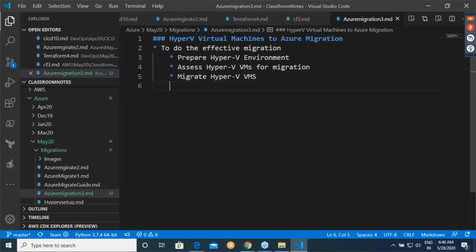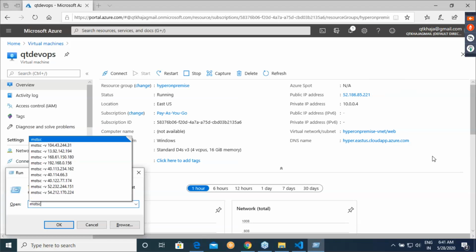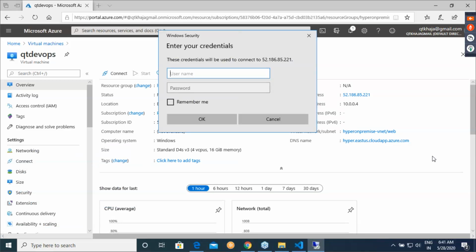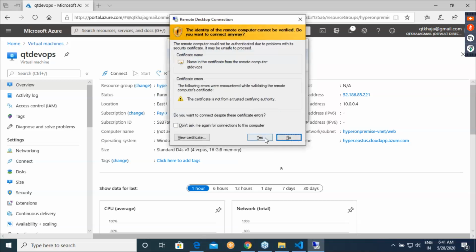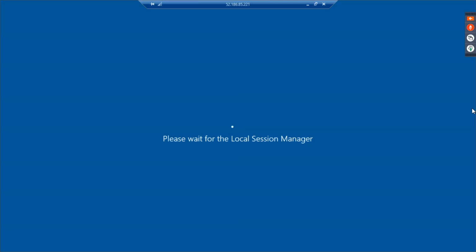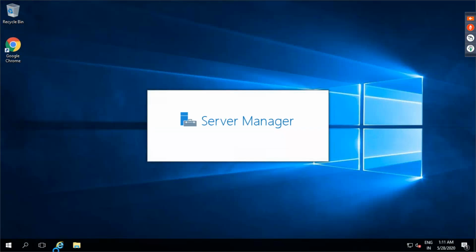Now my virtual machine has started, and let me get into this virtual machine. I'm logging into this virtual machine.